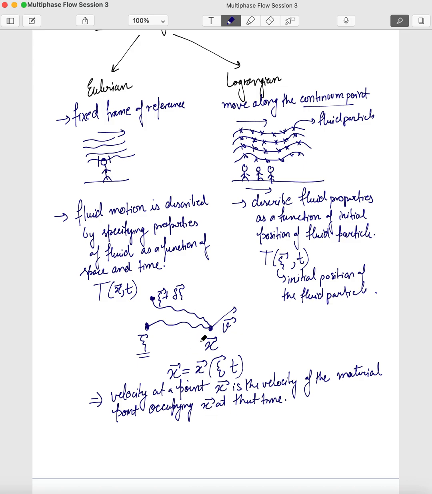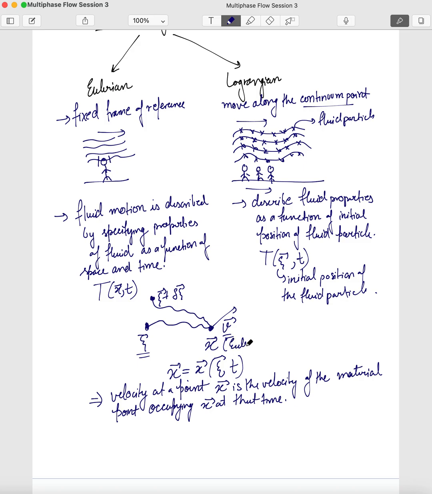So if we are saying the velocity at x is fixed, this is v, that is the velocity of all the particles coming from whatever position, it is fixed because it is at a particular point. Okay, so this is the fixed frame of reference, and that is the way you can see this as